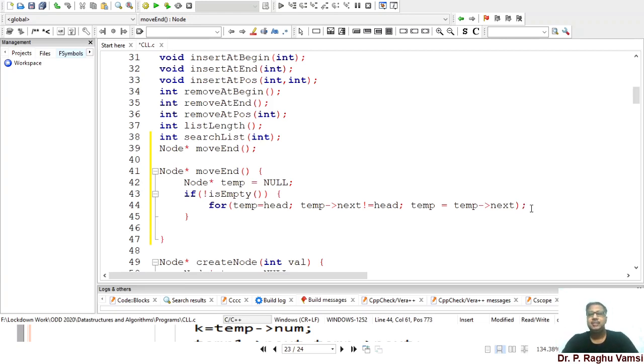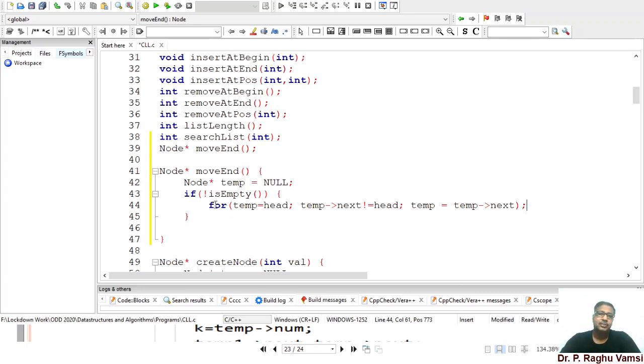So what is the meaning of this? Whenever you keep the semicolon here, this for loop will execute, but will stop when the condition is met. So in order to iterate till the end of the list, I can use the for loop like this. I need not use the while loop.